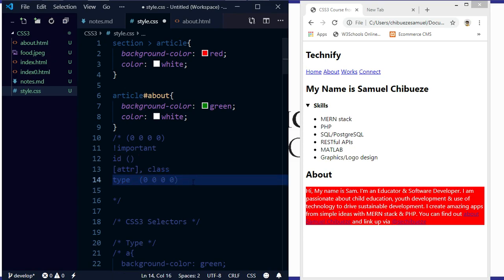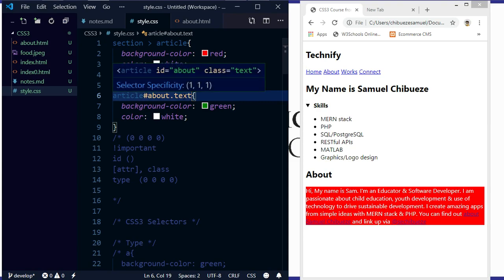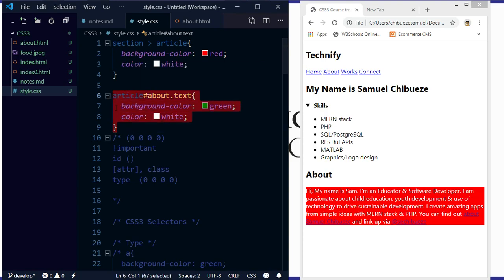So with this, let's say for example, you can combine some selectors to increase the specificity. Let's say I also say it has a class of text. So I've defined this one has entered into this slot, and then by this another one has entered into this slot, and then by this another one has entered into the class slot. So when you look at it, you see 111, which is more specific than just specifying,